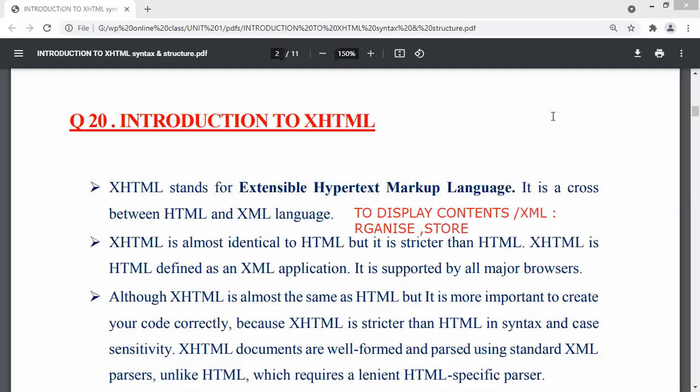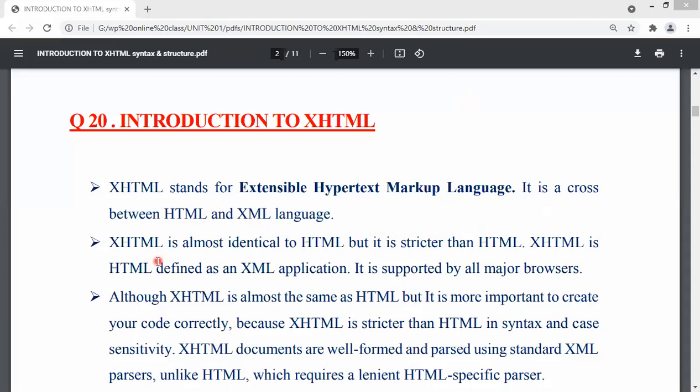We use XML to organize and also to store the data, right? HTML basically takes care of how to display the data in the browser, whereas XML takes care of organizing the data and storing the data. This is XHTML, a combination of HTML and XML language.